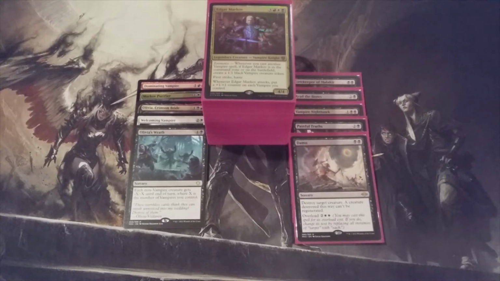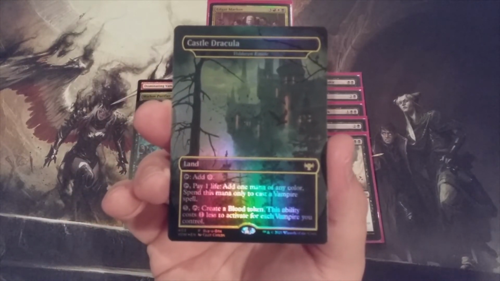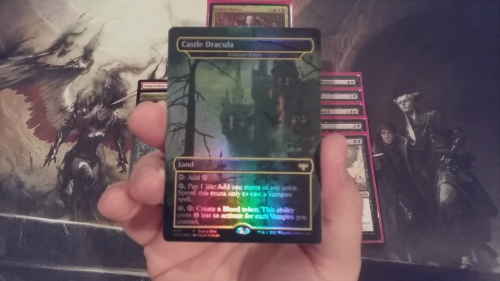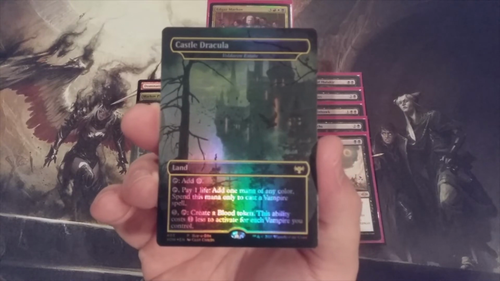All right, so now some improvements to our mana base. A land going in, not just because of its flavor but because of its playability, is Count Castle Dracula. It's going to tap for a colorless. It's also going to tap to pay 1 life to add 1 mana of any color that we can only use